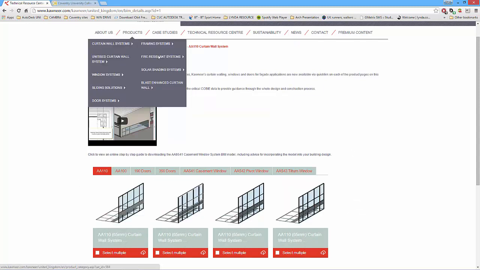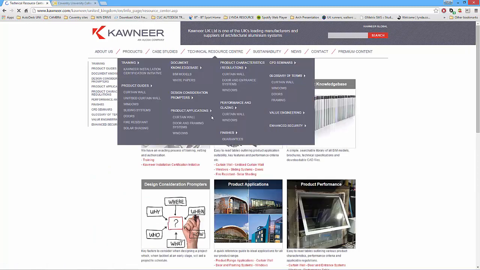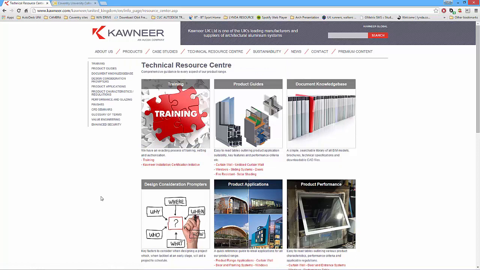Okay, so lots and lots of information from their technical resource center. So you've got all the information that you'd ever likely need, and then there'll be CAD files and curtain wall systems as well. Okay, so that's the sort of thing you need to do. Don't guess this stuff. Go to the manufacturers and find out exactly how these things go together. It just builds up your knowledge of the product